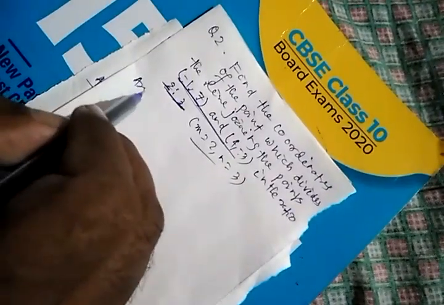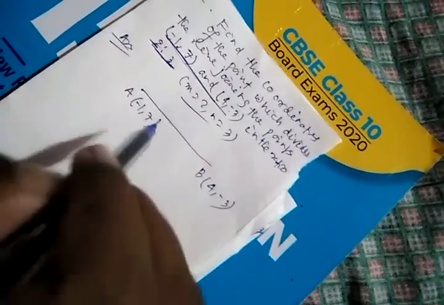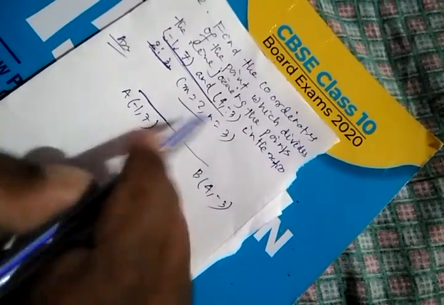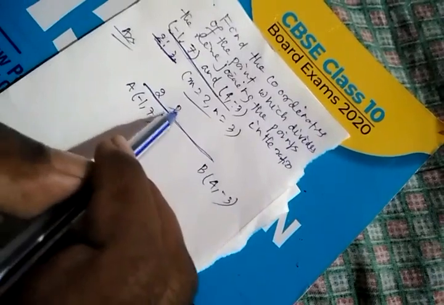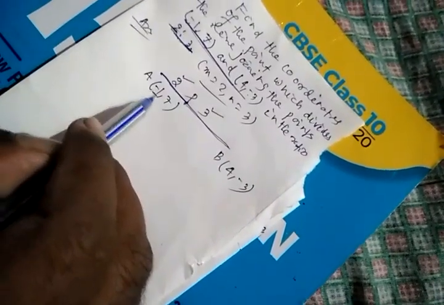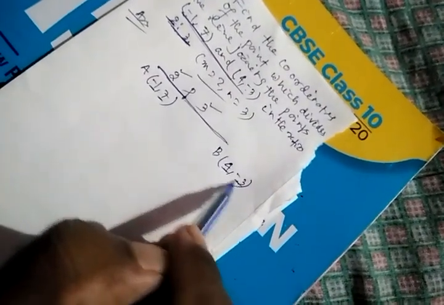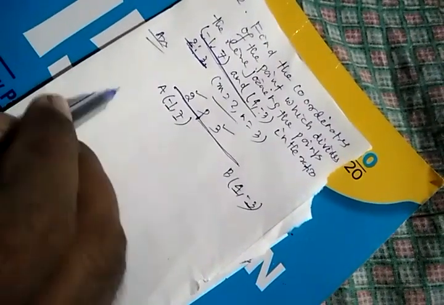So let us represent this question in the diagram. First of all, you take a line segment, write here a, that is -1 7, this is b 4 -3. Take one point, that is ratio is 2:3, means the first part will be small part. You take here p, that will be greater, that you take a 2, this is 3, means m value 2, n value 3, x1 is -1, y1 is 7, x2 is 4, y2 is -3. Okay, so now you use the section formula.